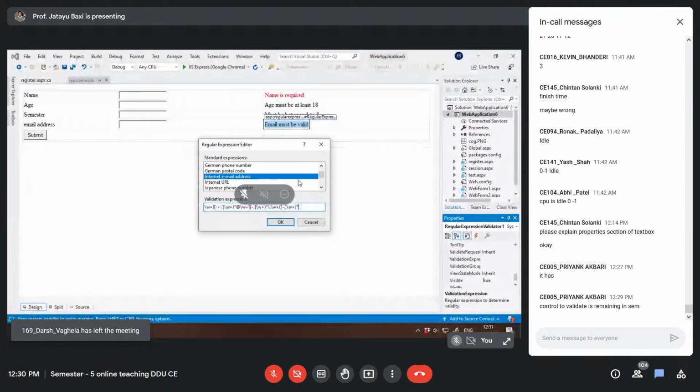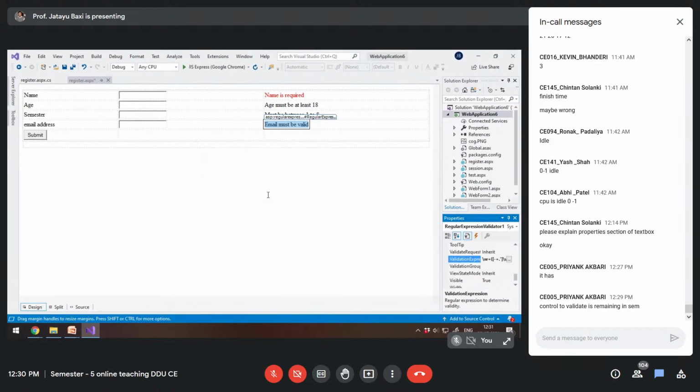By chance, if your expression is not listed, then you can find it on the internet and paste it over here, or make an expression yourself if you know how to construct it. Then click OK. So it is set.